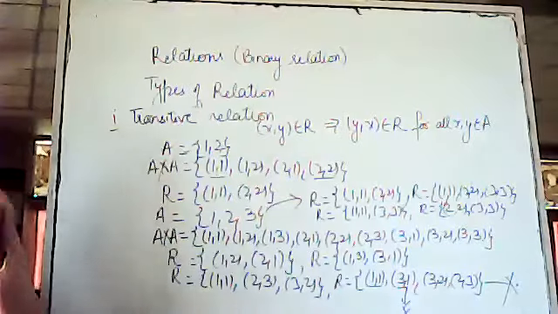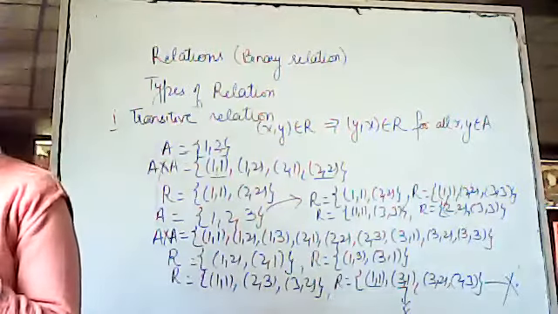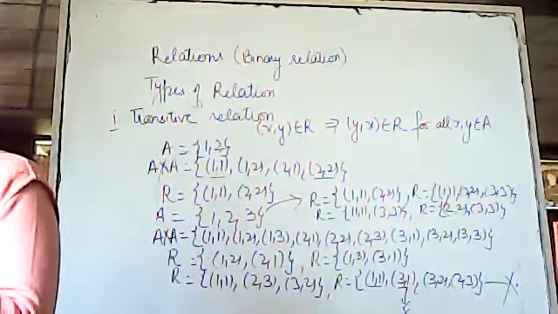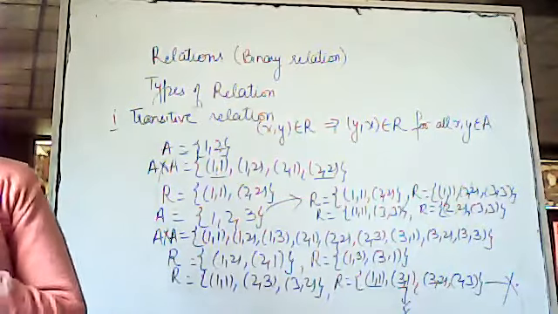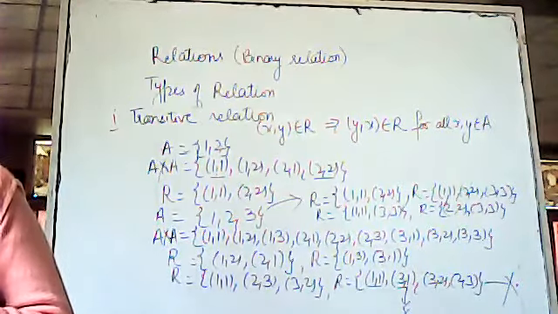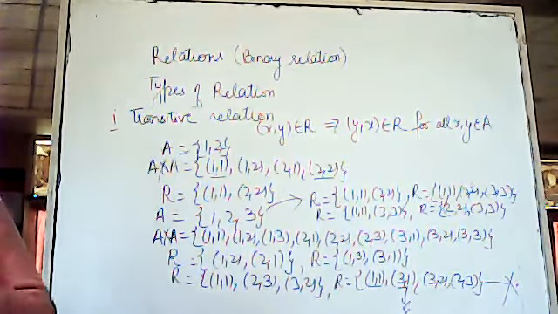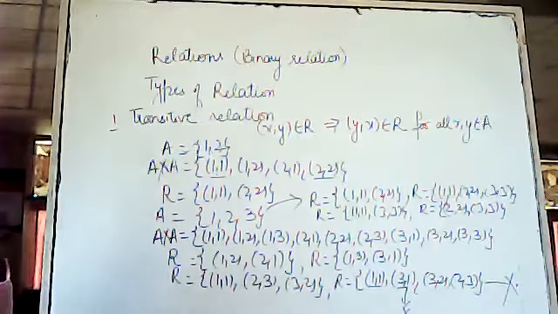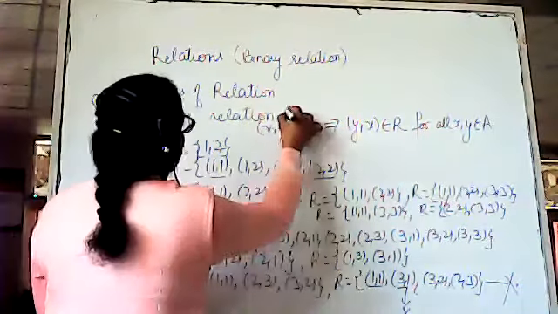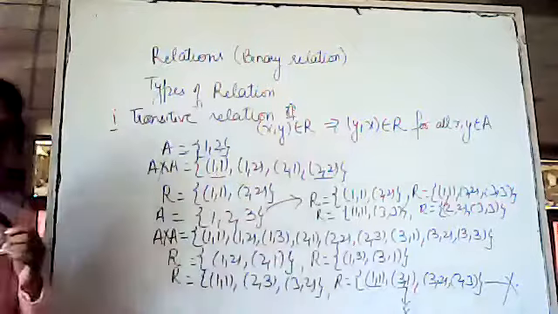Next definition is transitive relation. Let A be any set, capital A. Then a relation R is said to be transitive if and only if